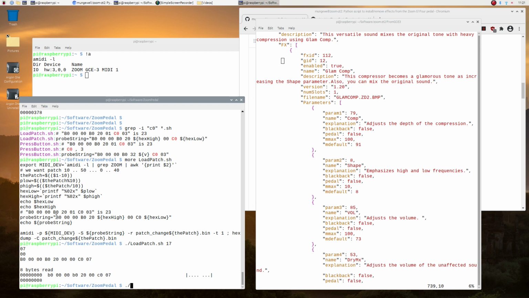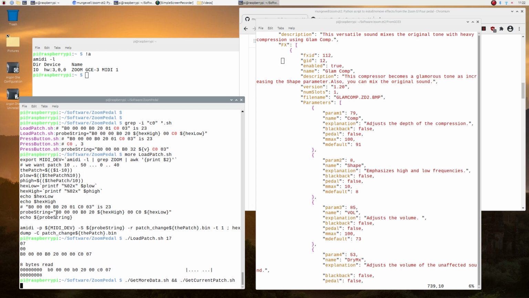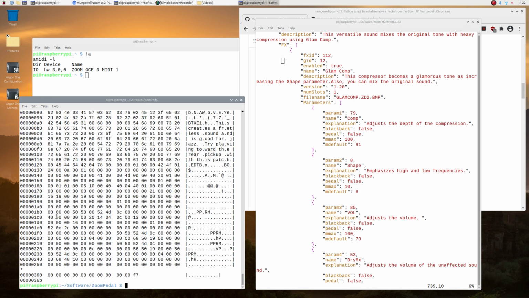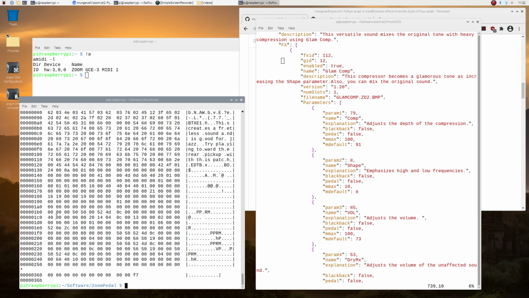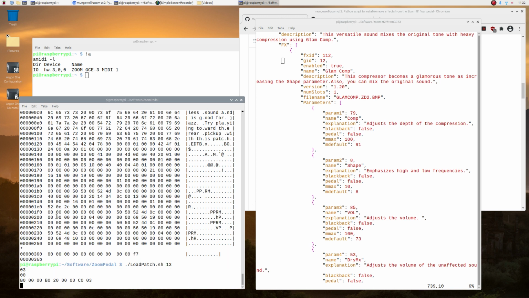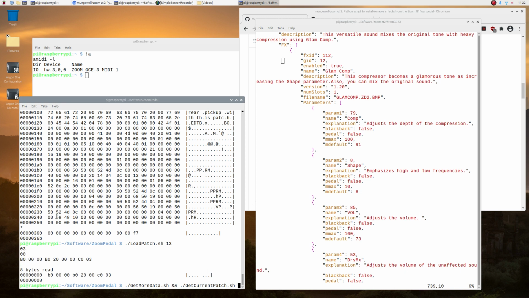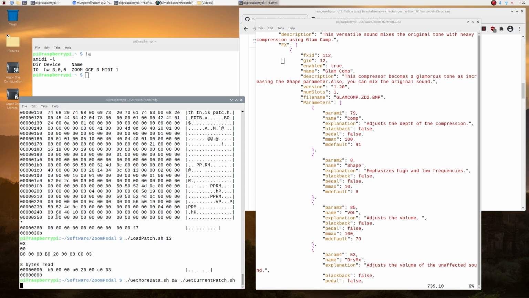If we now say get more data and get current patch, we should get the patch for this Jacko. Interesting. There it is. Jacko bass, yeah? So again, if we go up here and we tell it to load patch 13, and then we tell it to get more data, we should get the stuff for the glam comp.